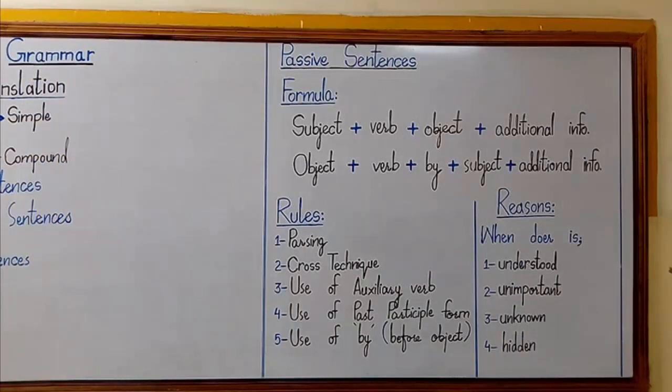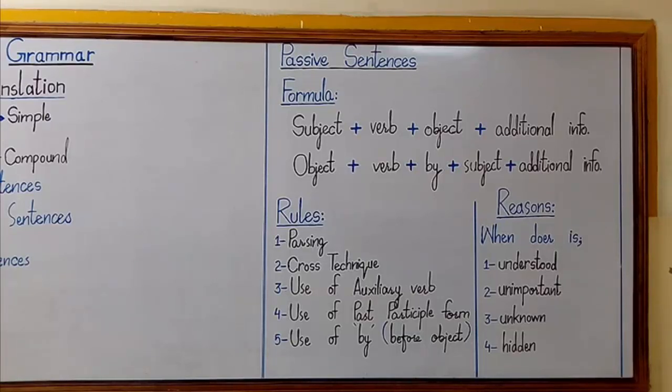As you know, active and passive sentences have a certain formula. The formula is written before you on the board here. For the active sentence, subject comes first, then verb comes, then comes object, and if there is any additional information, we use it in the end of the sentence. While converting that sentence into passive voice, we bring the object at the beginning. Although this is not an object, we are calling it object here.